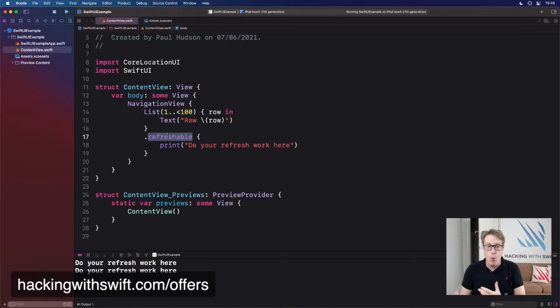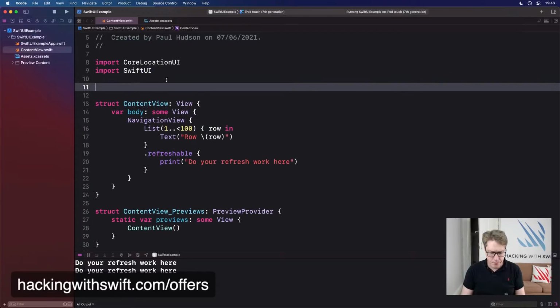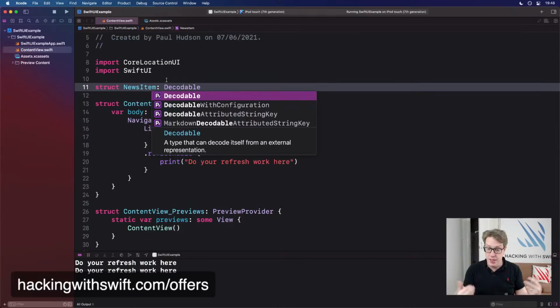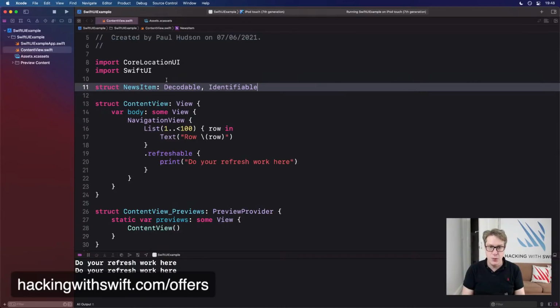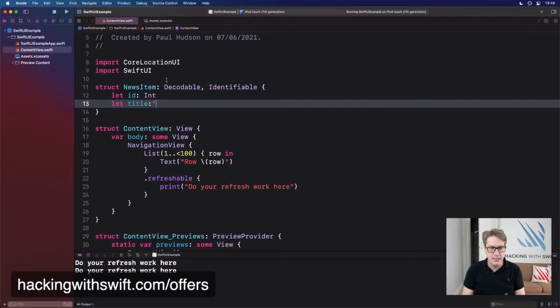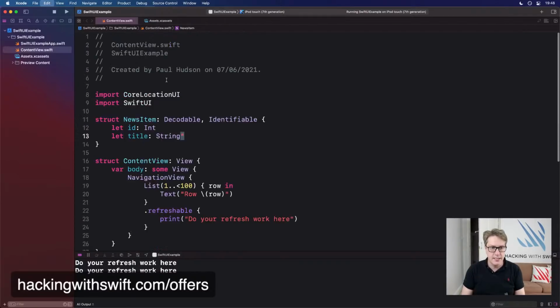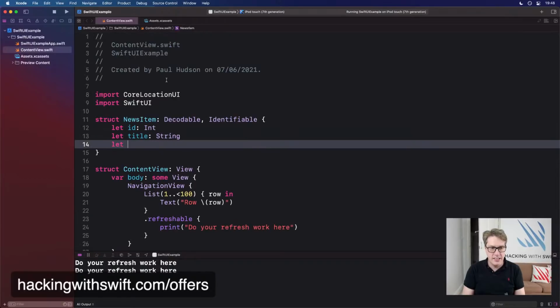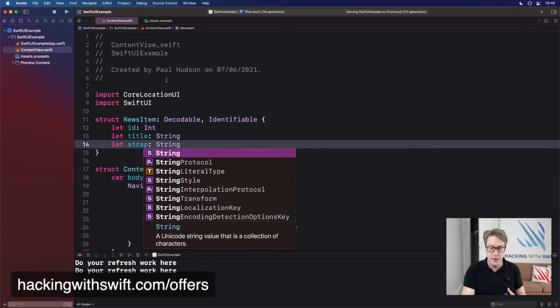And we can walk through a working example of that here. We can say something like, let's say there's a news item, which is decodable, so it can come from JSON, and identifiable, so we can loop over it in SwiftUI land. This thing has an ID integer and a title string, and a strap string, some description below it.